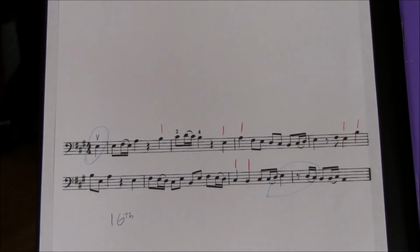All right, basses up. Let's play. 1, 2, and 3, and...